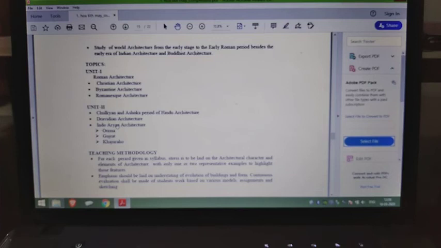But actually, even from the books, it is three styles. One is Dravidian, one is Indo-Aryan or the Nagara style, and the third is Vesara style, which was the Chalukyan